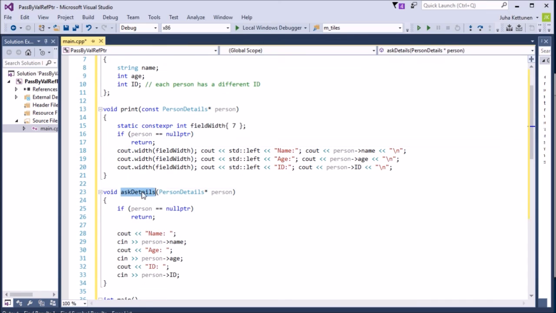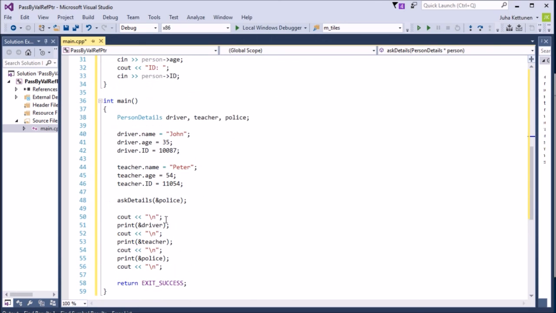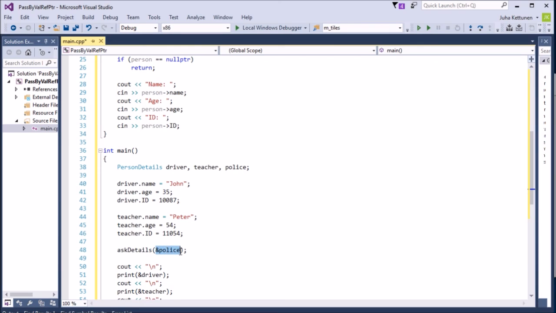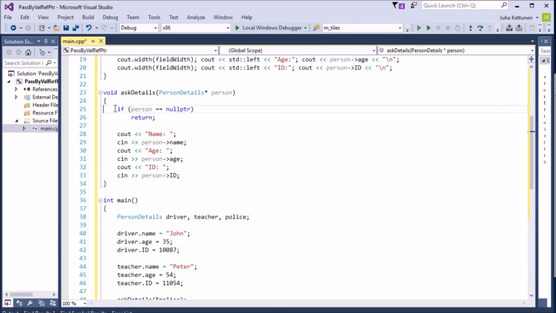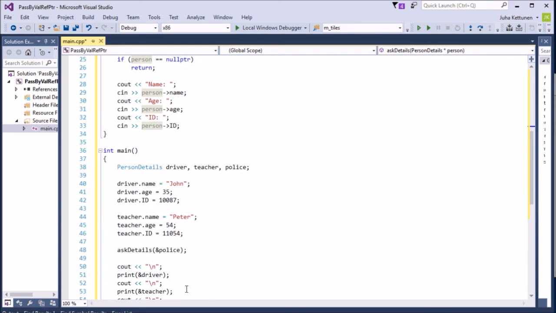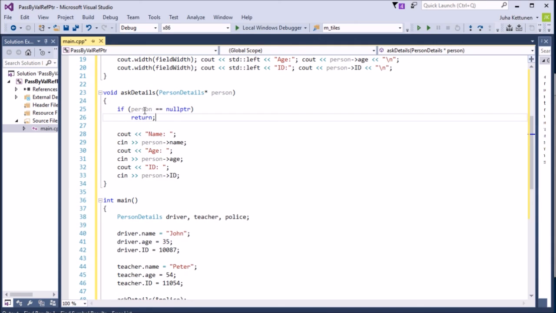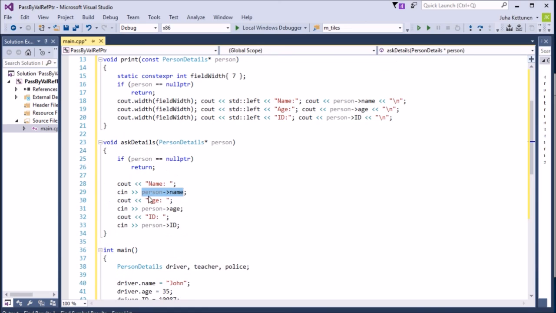Okay, and let's look at this ask detail next. Again we need to pass the pointer to the object which we want to change. In this case we want to ask from the user the police's details. So we are passing the police pointer there. Again we are checking that if it's a nil we will return, because maybe somebody passes a nil here, so we can't obviously use a nil pointer. If it's not a nil, we will just use this pointer like we did here. We are copying all the values from the user to the corresponding variables,